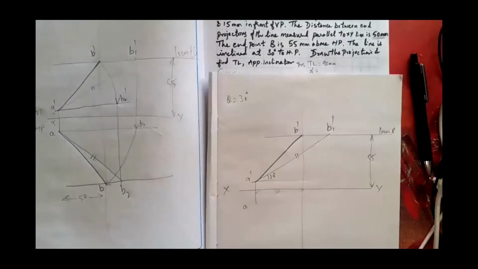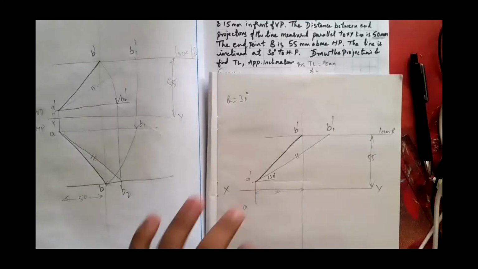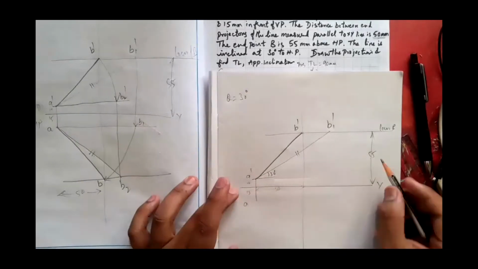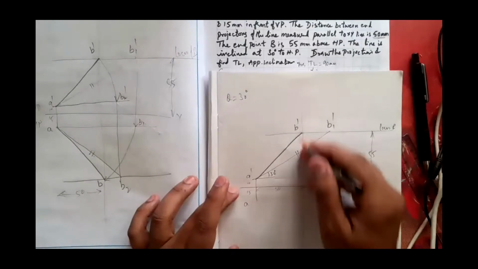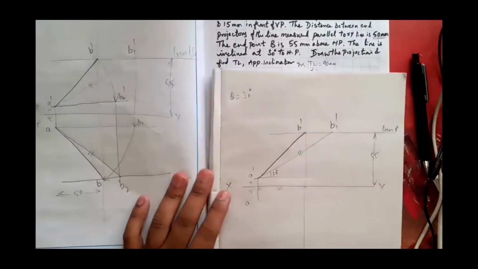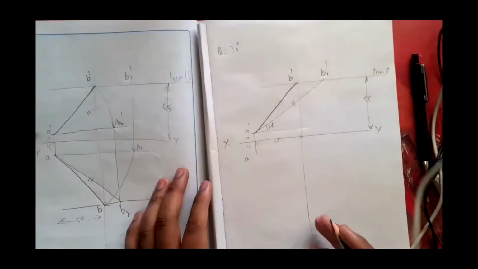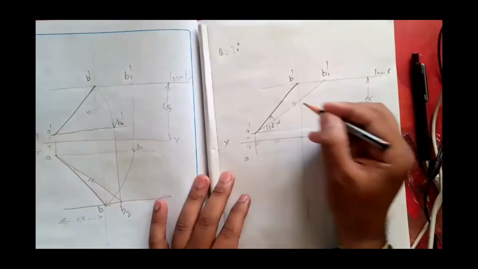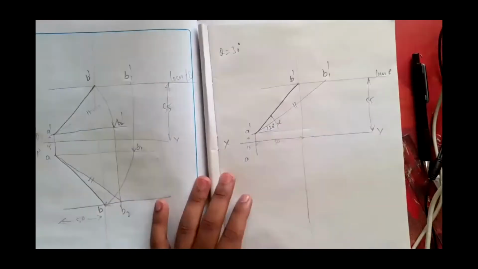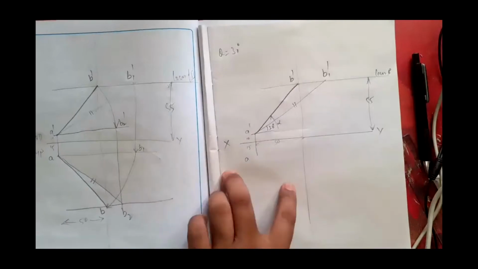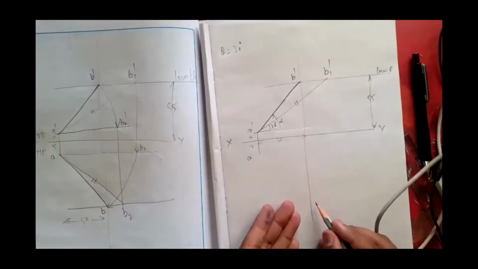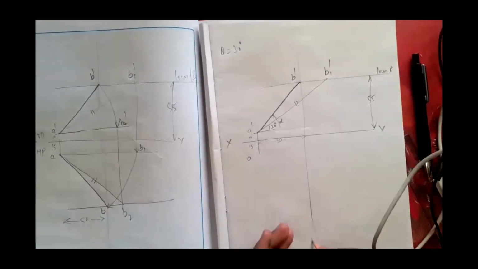Now all the given data is over. 10 mm, 15 mm is over. 30 degree is over. 55 is over, and this 50 mm distance between end projectors is also over. Now the remaining thing is to find out the remaining thing. So with this condition only, I can find out alpha also. Alpha is known straight away, but I don't know beta and phi here on the horizontal plane. But you know, on this DEP only, B will lie. Somewhere here, B is going to lie. I don't know where it is. How can you find out B?